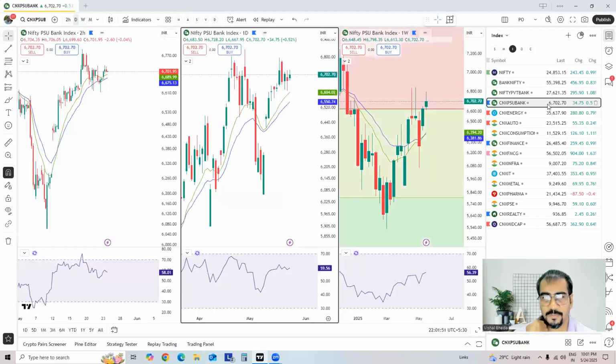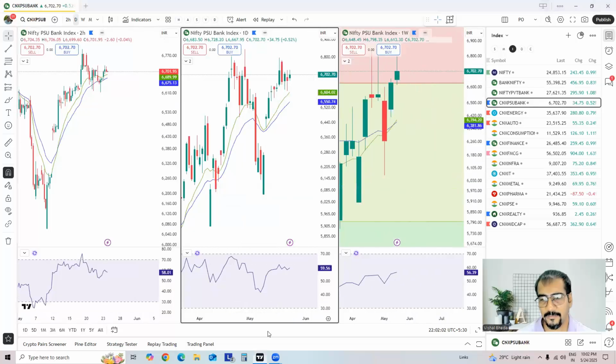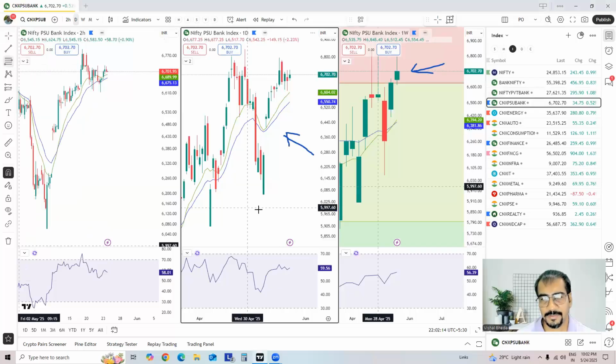PSU banking space. Now, the PSU banking space is much different than the private banking space. The trend is up as of now. Yes, you will see that this candle is a sort of a shooting star, but the overall state of the trend is not bad. If you have a look at the daily time frame chart, things are not that bad. Even if you add a retracement over here,